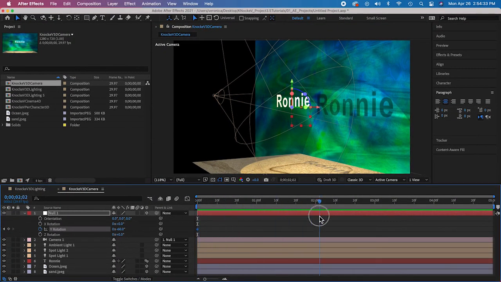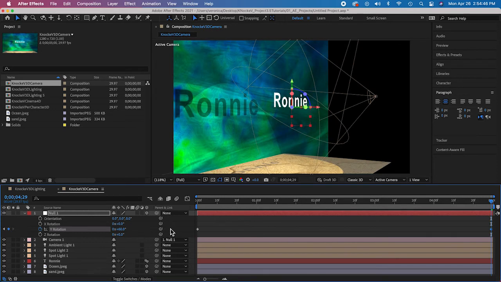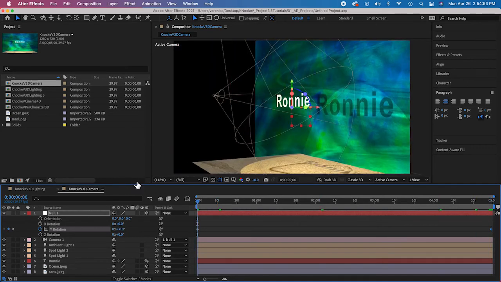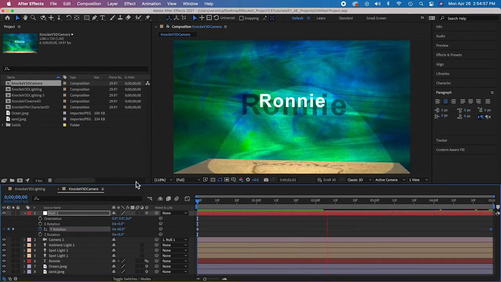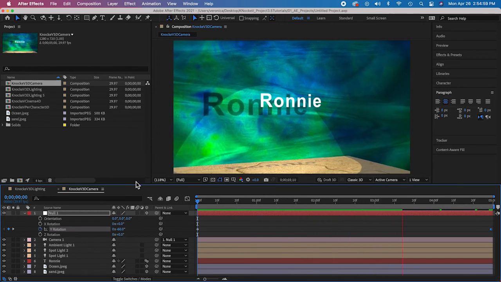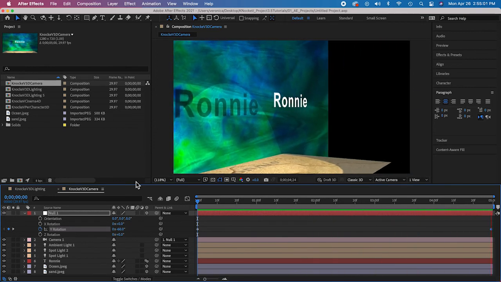I'm going to take my CTI to the end, and I'm going to change this to +60 degrees. I'm going to Command S, and then I'm going to press the space bar to preview. So that's nice,